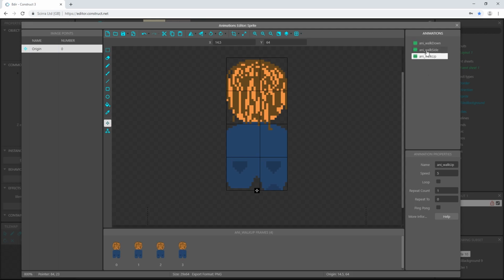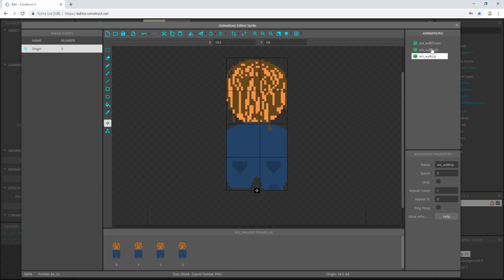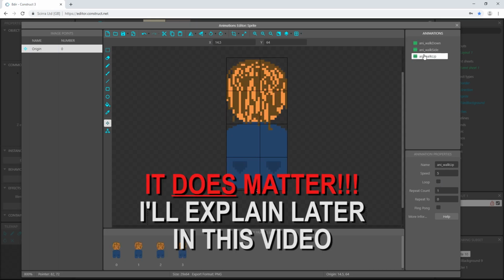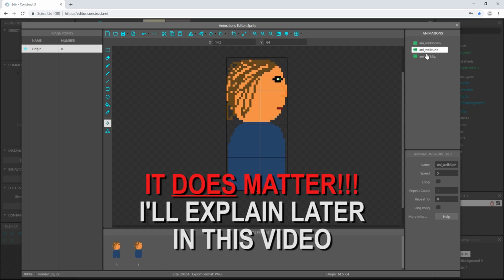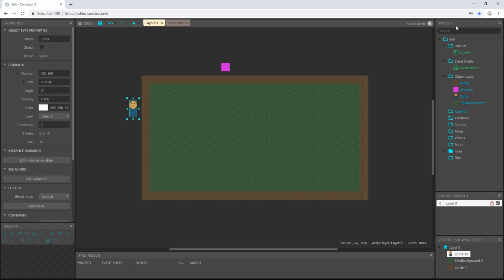All right, so the speed of these, I found that either 5 or 6 works with the speed that we're going to set his 8-direction behavior at. And it does not matter if loop is checked or not. So we are good to go for now. We will come back and change some things here in a little bit. So I'm going to exit out of that.